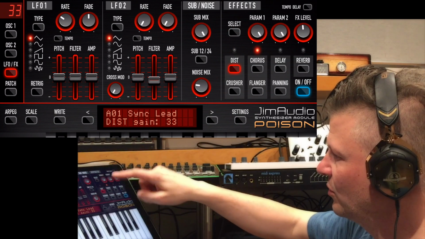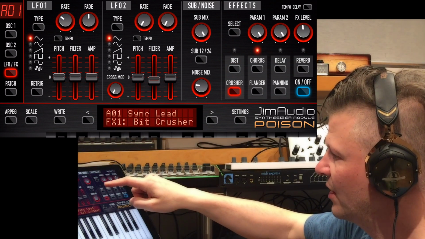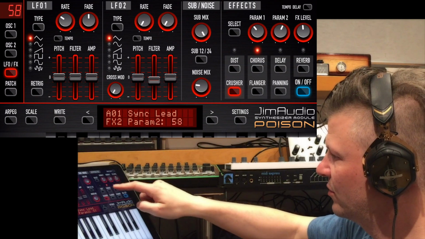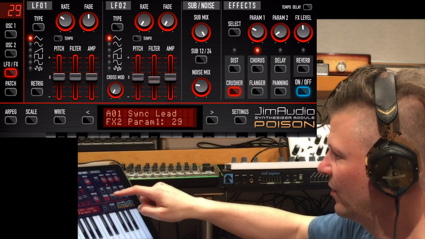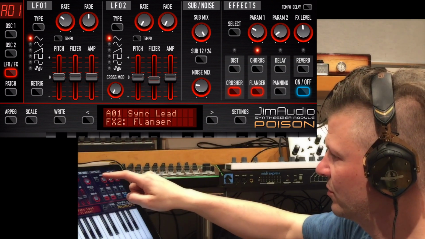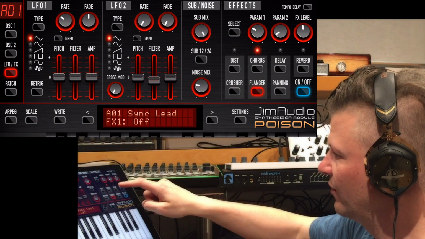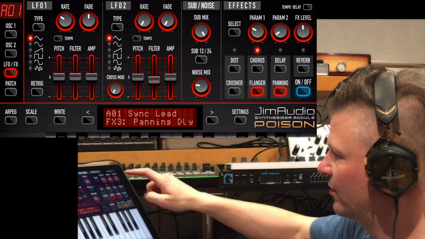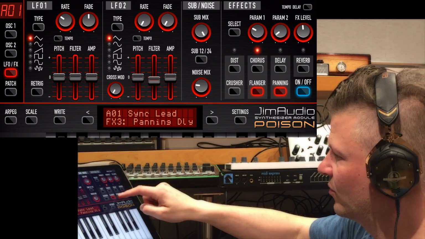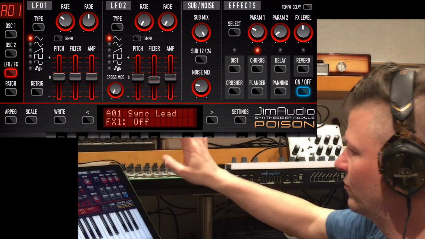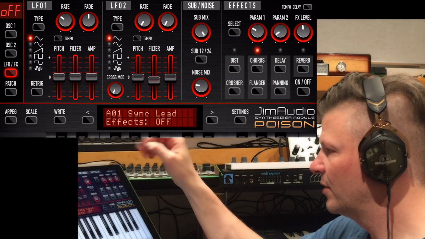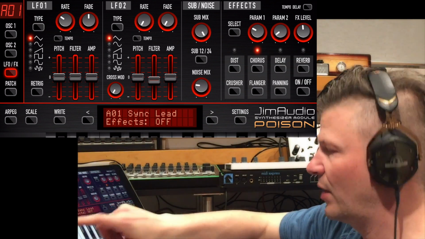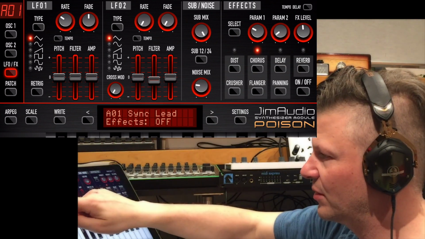Okay, so this is how you move around in here, and you can have distortion or crusher. You can have chorus or flanger. And you can have delay or panning. Okay, so for now, let's turn them all off. So keep listening to the sound. And the last part, actually not the last, there's another thing after that, but there's a patch